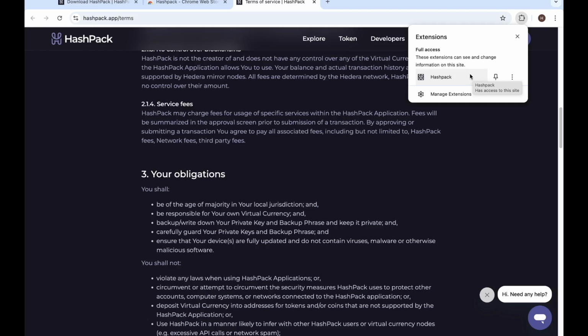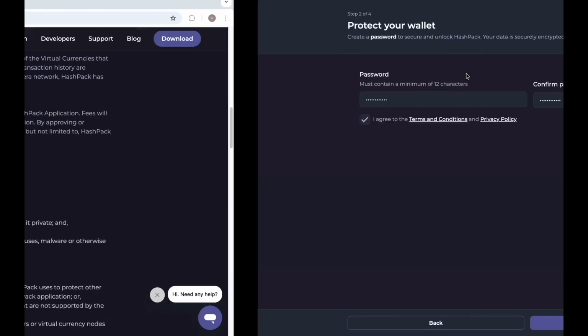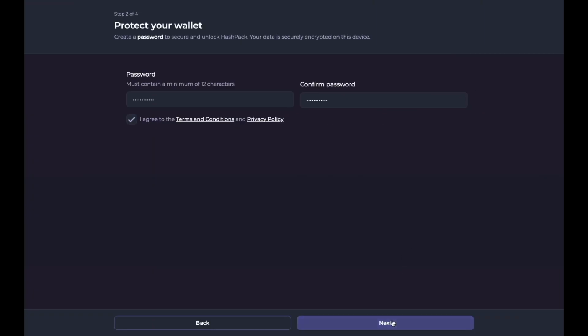Some was due to fraud, some to malicious software. So guys, please, for the love of God, always take your security, especially if you're using self-custody wallets, very seriously. So I'm going to go back to complete the process of creating the Hashpack wallet.